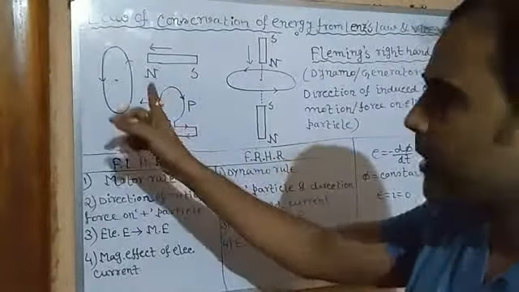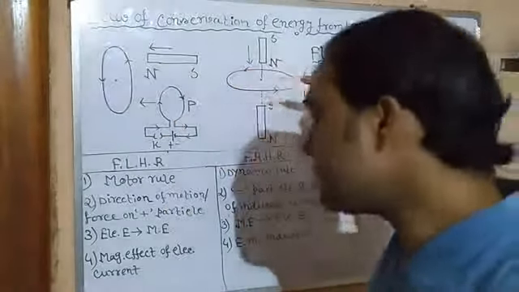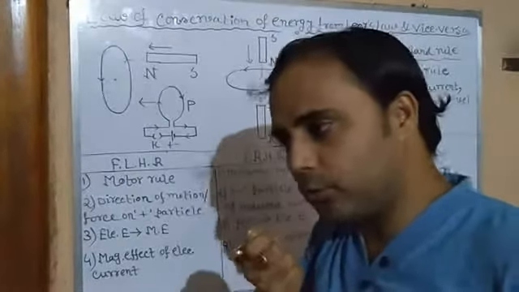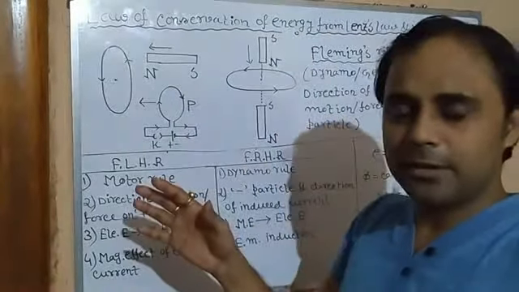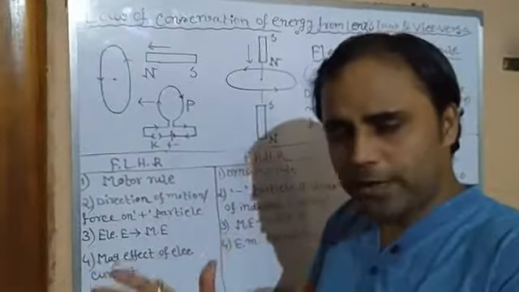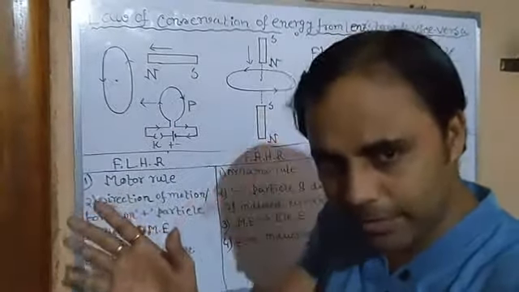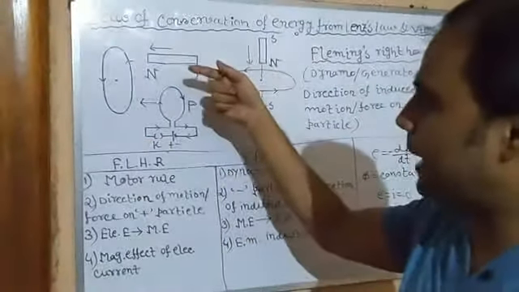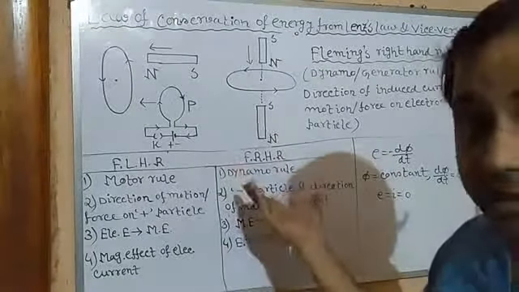Here you can see the secondary coil is repelling both the magnet and the primary coil, but in spite of that we are moving closer to it. So both the magnet and the primary coil experience a repulsive force, and we are, in spite of that, moving them closer to the secondary coil. By overcoming the repulsive force, we are bringing them closer. It is nothing but mechanical work done, the external work, by some external agent, by us. So this mechanical work done is converted in the secondary coil into electrical energy, current, isn't it?